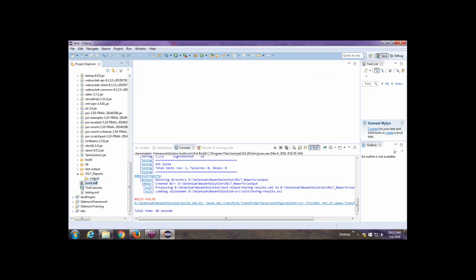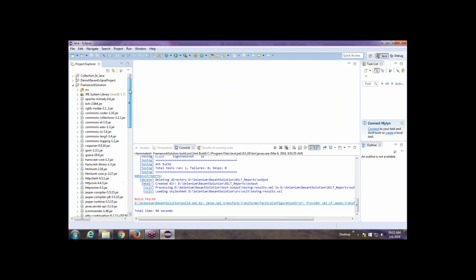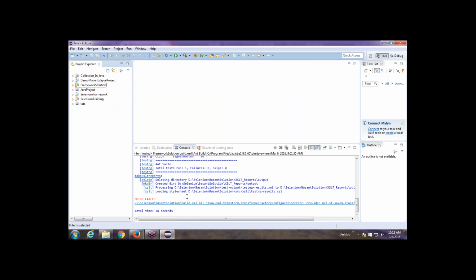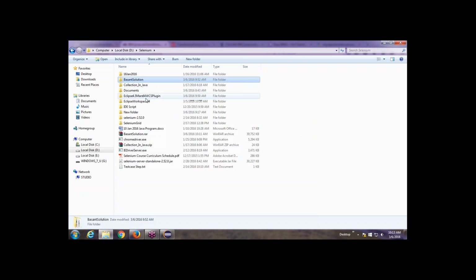Then you run. After run, you can look out whether this error is coming to your system or not. This error should not come in there. Before this, you have to configure Ant in your system also. Before executing this, whenever you download this project and import it in your Eclipse, you can download Ant in your system and